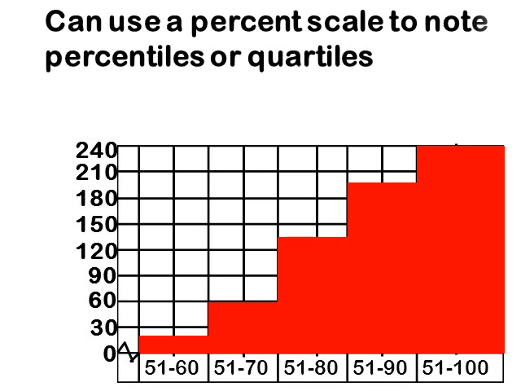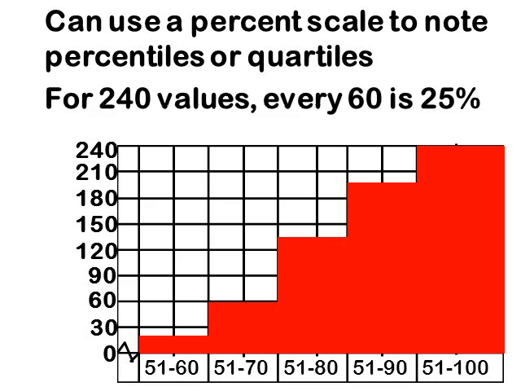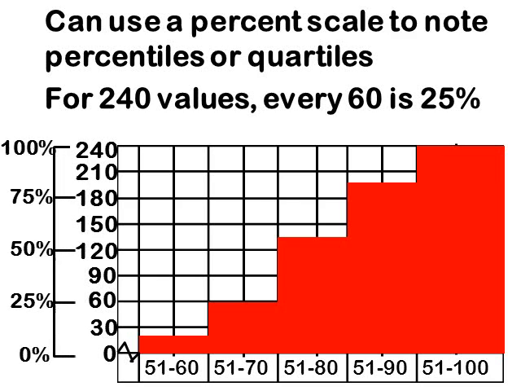Taking a look at this graph, can you use a percentile score to note the percentiles or quartiles? Absolutely. We know that percentiles and quartiles divide our numerical data into equal parts. So for 240 values, if we want to divide that into quarters or quartiles, we would divide it by 4. So every 60 scores is 25%. We can mark that off on our vertical scale. Counting by 60s, we can mark off our quartiles. So the 60th score